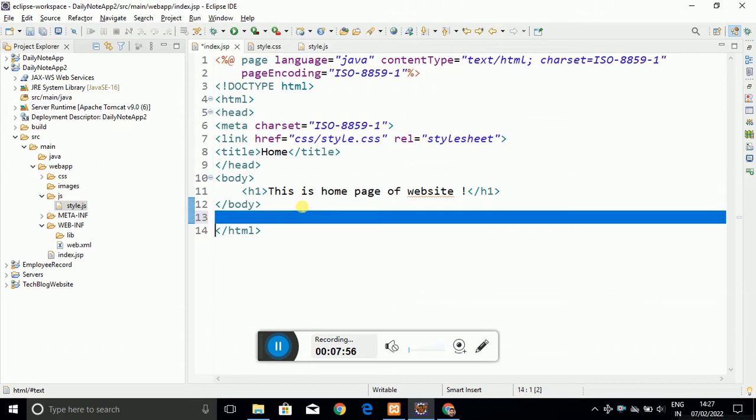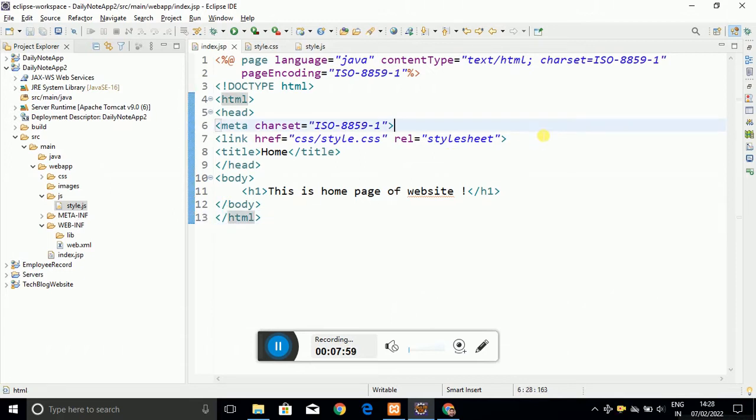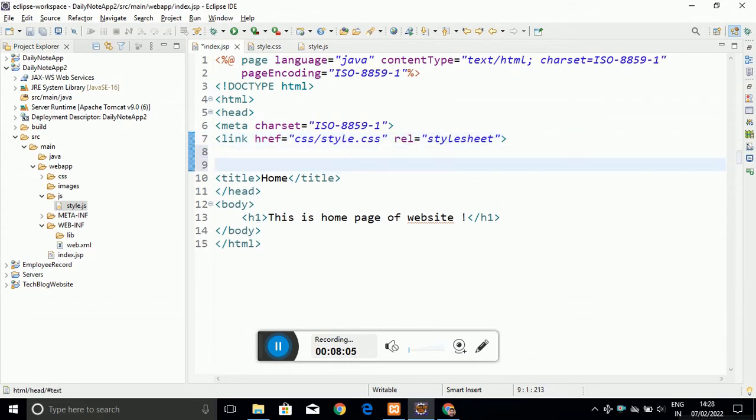After completion of the body of the HTML page, you can add that JavaScript link, or you can add it in the head section also. So into the head section I am going to write the script tag, as you can see. In between the script tag you can add the JavaScript to your web page, into script src, and here you have to specify the path, which is the js folder and style.js. Okay, now I have linked the JavaScript file also.